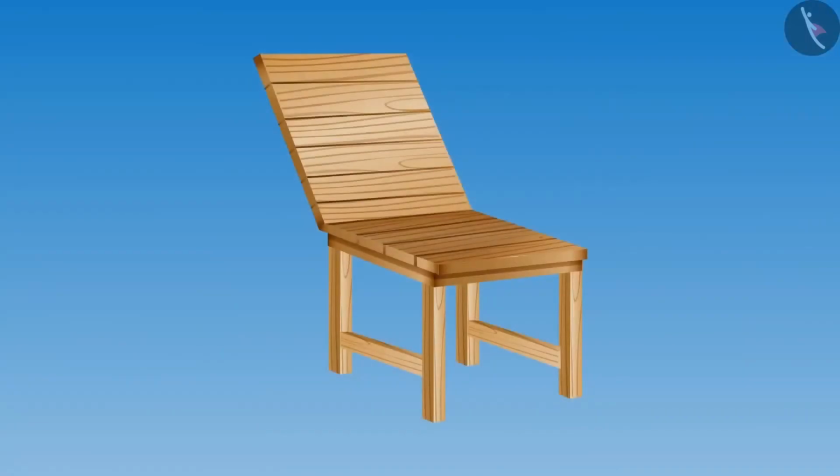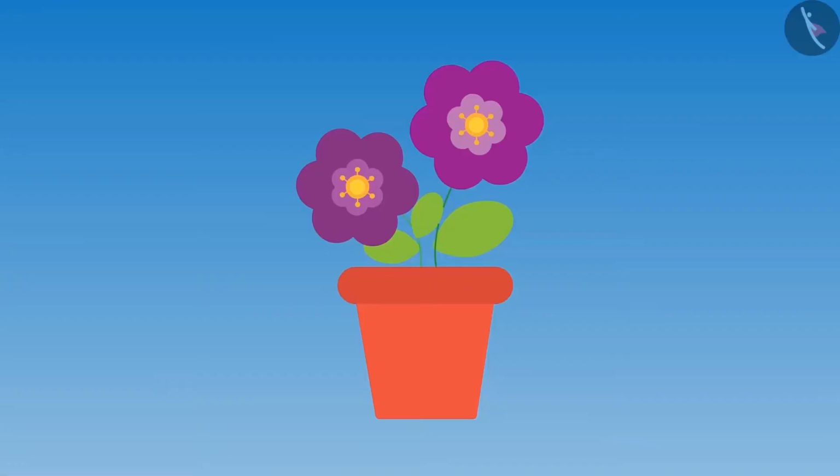"Now we have just one more angle left to find out. Come on, Riva, let us find an angle greater than a right angle." "Didi, I have already found it. Look at that chair. Some of its corners are making angles more than a right angle, like this one and this one." "Yes, Riva, I too found 2 objects with angles more than a right angle." "Which objects, Didi?" "Look at that flower pot carefully. There are 2 corners at the bottom of it and both corners are making angles greater than a right angle."